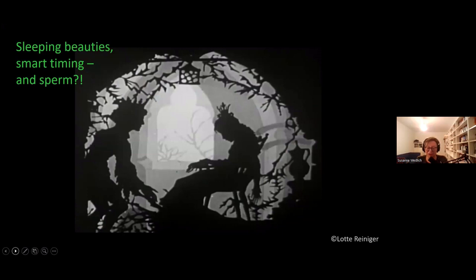Apologies for the analogy here, but you probably all know the fairy tale of Sleeping Beauty. I mean, she's asleep, as princesses often want to do, for 100 years. And many princes come and try to wake her up, but they can't get through because there's this thorny hedge around the castle, and they all die.